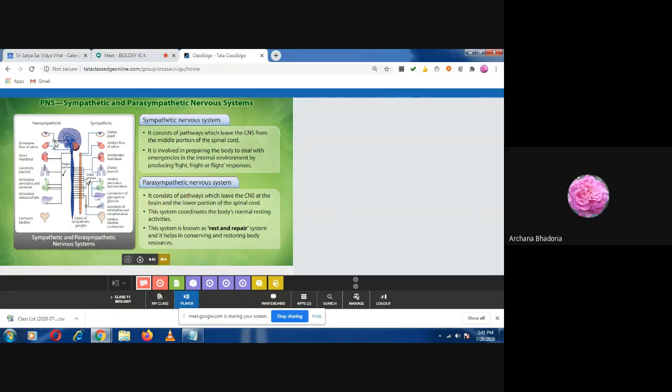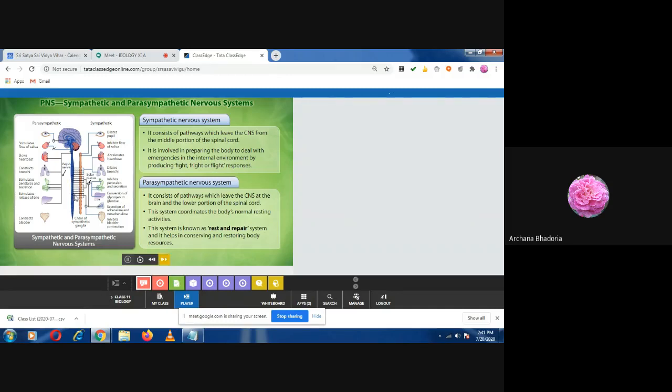You can see this is our brain, cerebrum, the major part. Then this is your cerebellum, and then here is the medulla. Then the extension of the medulla is this whole spinal cord. From the middle part of the spinal cord, some nerves arise, and these nerves will make up the